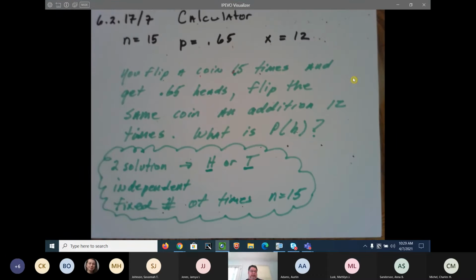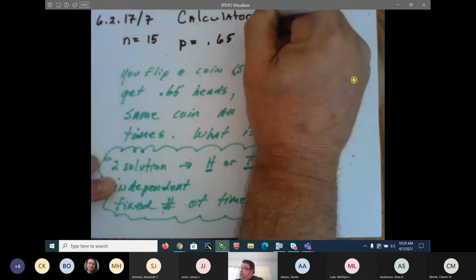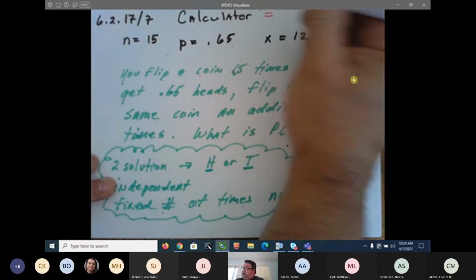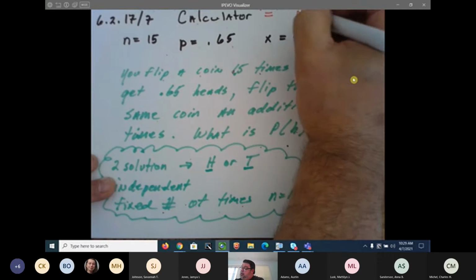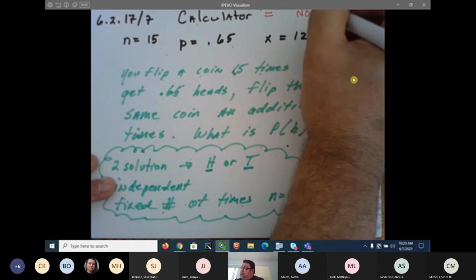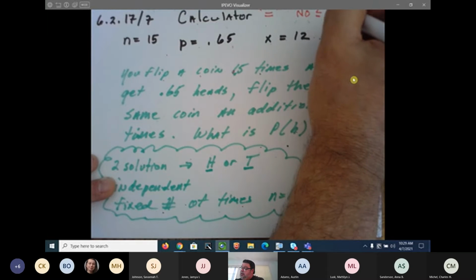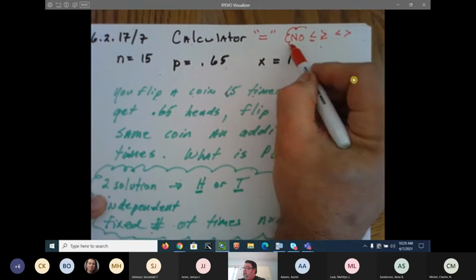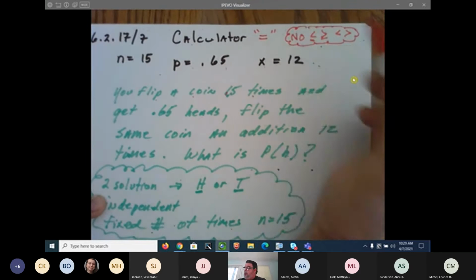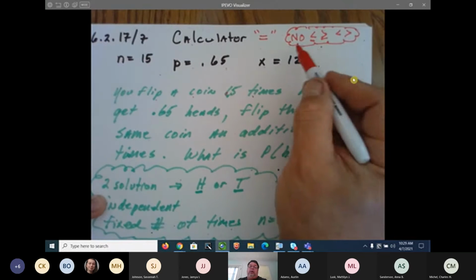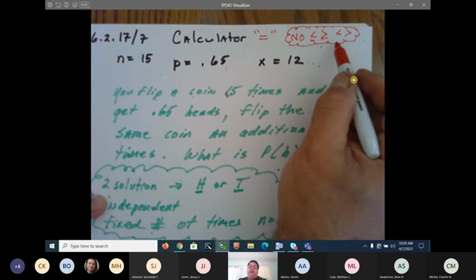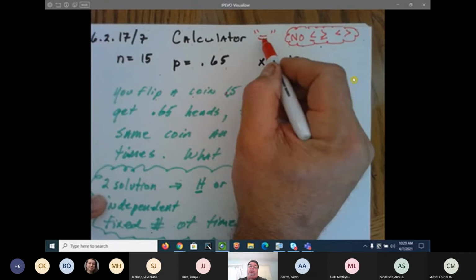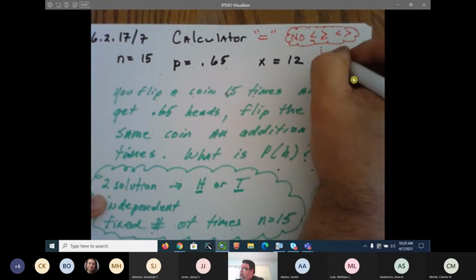This has an equal sign. There is no less than, greater than, less than or equal to, greater than or equal to, whatever the case may be. There is no inequality. You'll see an inequality in just a minute. No inequalities. So therefore, you're going to use binomial